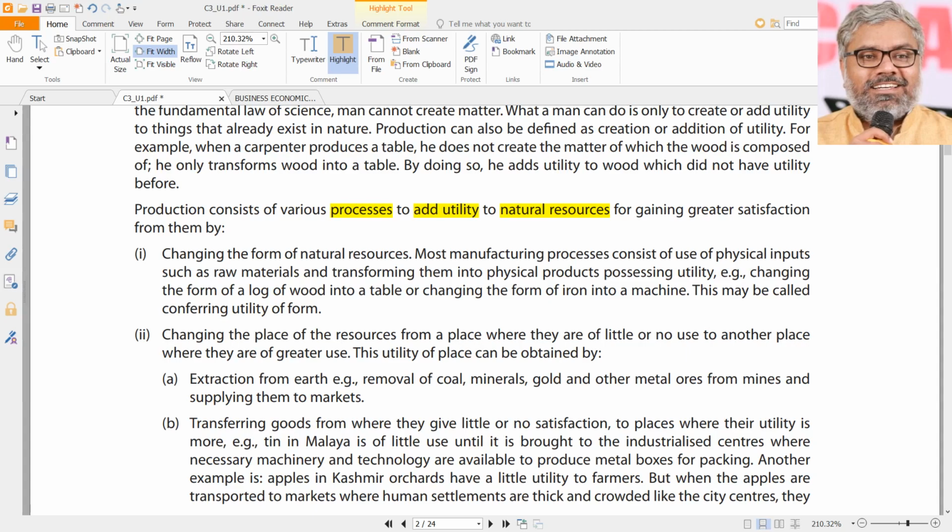Contextual vocabulary is very important. Just knowing some names is not enough. Where we are using it, why we are using it, in that particular context only has to be looked at. So utility here means usefulness, not that consumer utility, theory of diminishing marginal utility. I know utility. We don't know utility. We know only the theory of diminishing marginal utility. That's all. Utility is a bigger thing.